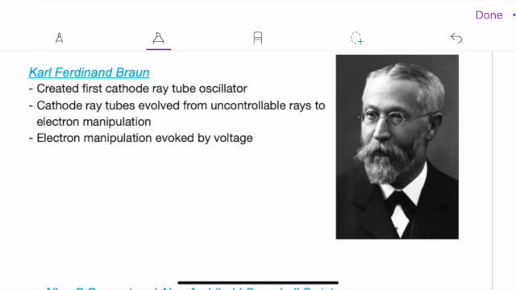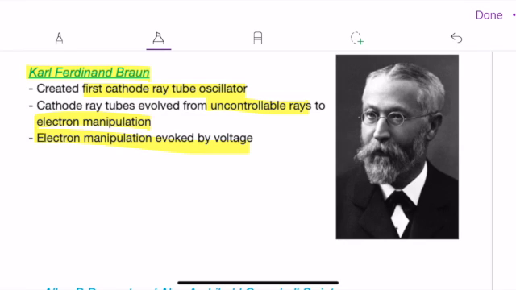The first scientist we'll be talking about evolved the concept of the cathode ray tube. This individual would be Carl Ferdinand Braun. Braun created the first cathode ray tube oscillator. Before this, cathode ray tubes were characterized as uncontrollable rays. Braun adopted the theory of using a stream of electrons that were manipulated by voltage to produce an image on